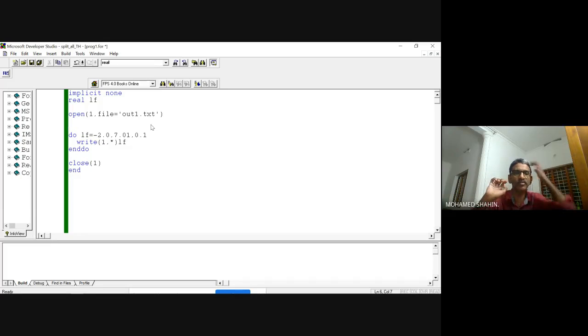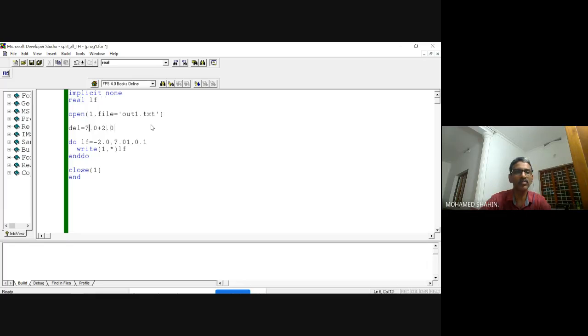Right now it will not be 100. If you want 100, then what you have to do is put a difference, or a delta, equal to 7.0 minus (-2.0),